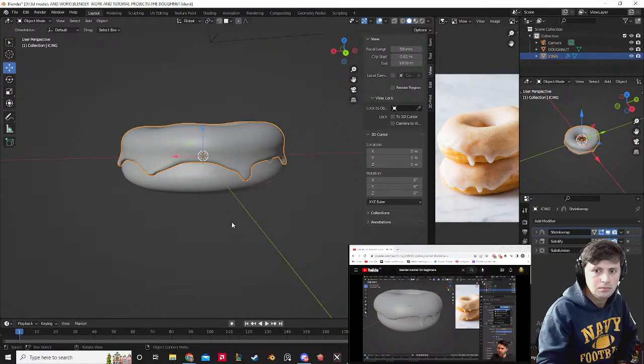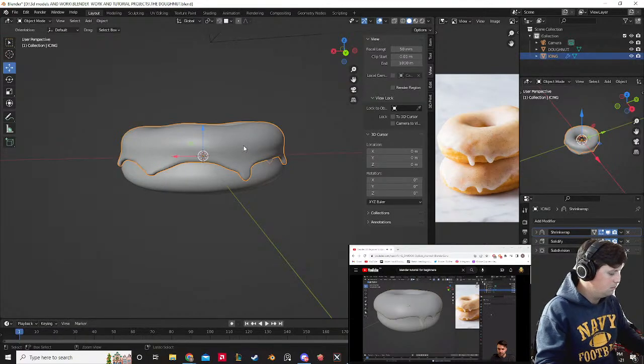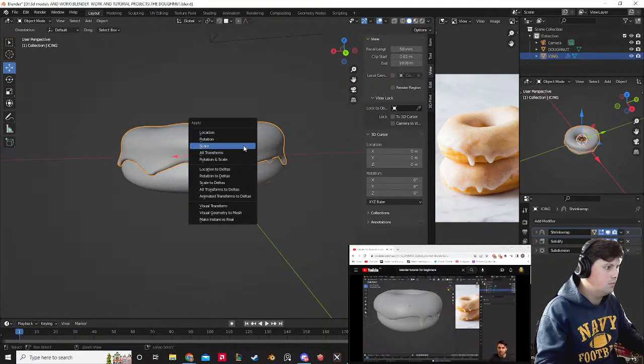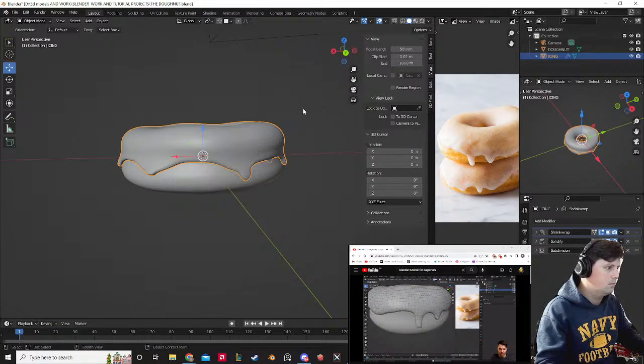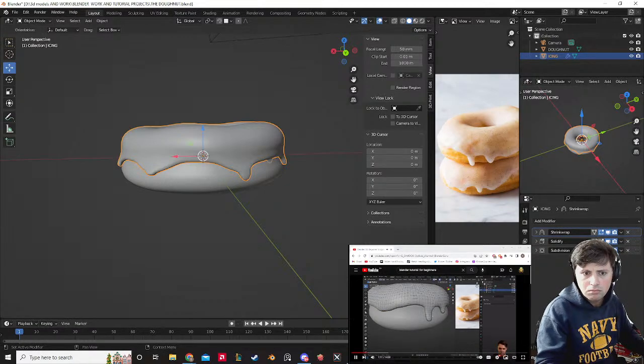So you can go to the little drop down and hit apply, or you can use the hotkey Control A and Control A again. Okay, so when I do that, I've applied also that subdiv modifier, right? So it's given me double the amount of vertices, which is, again, what I would need, because if I go